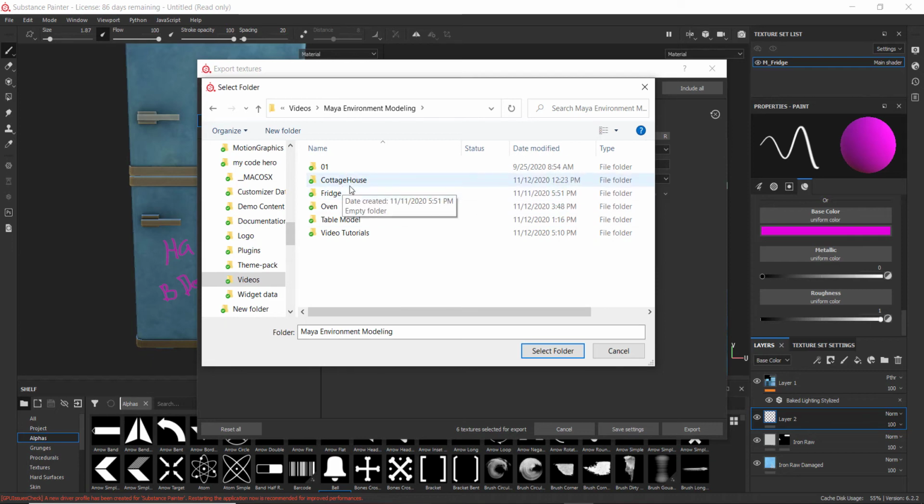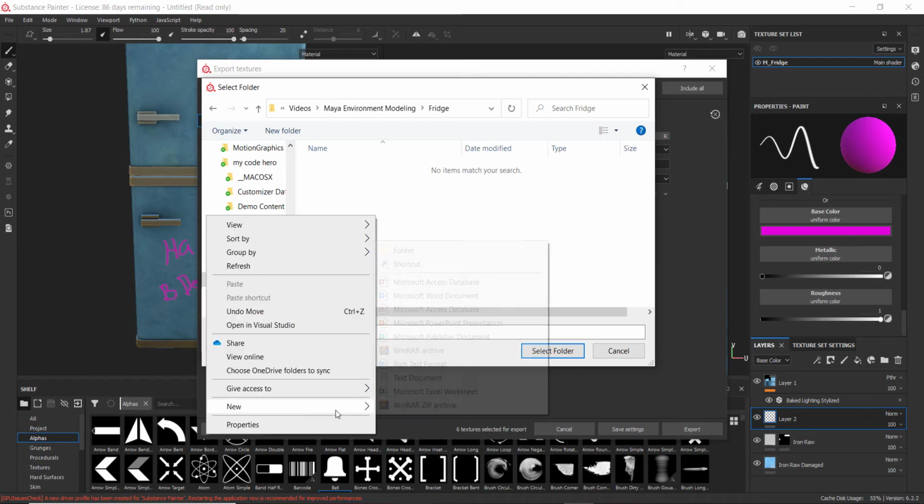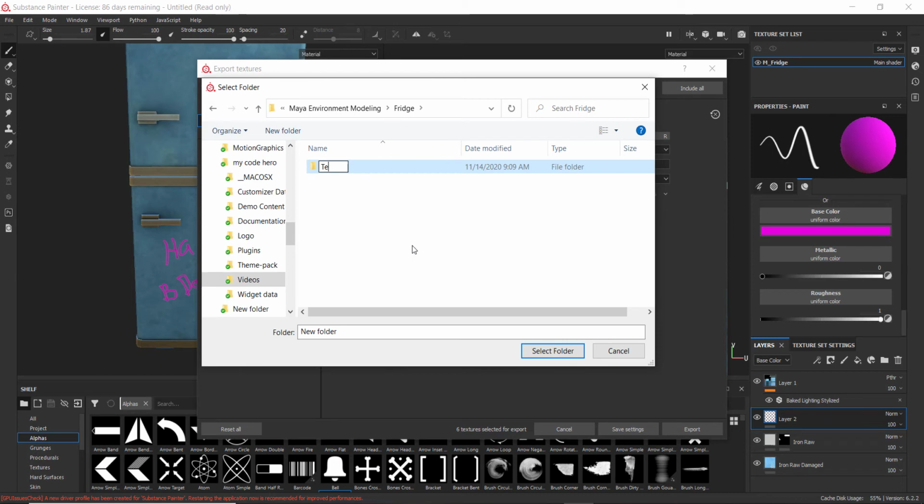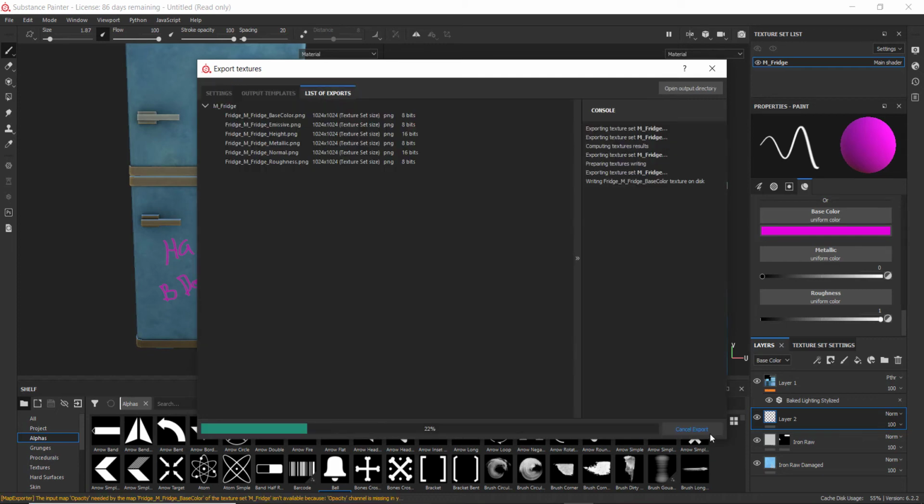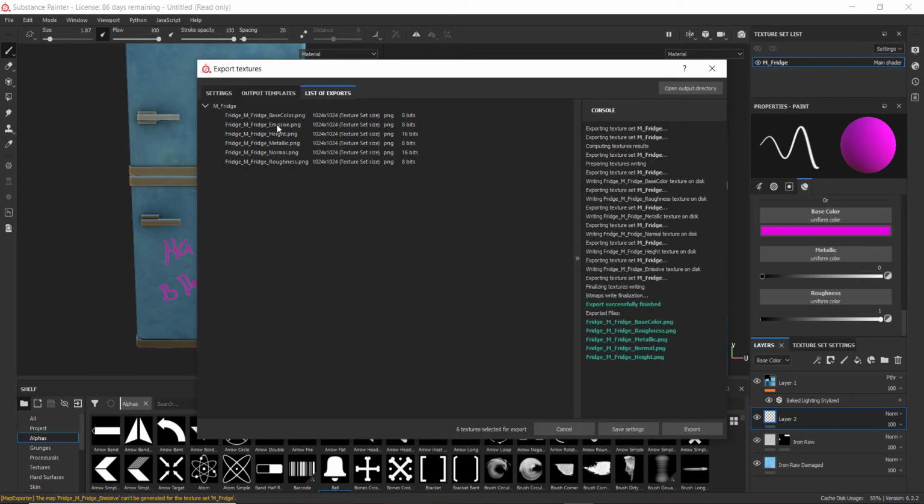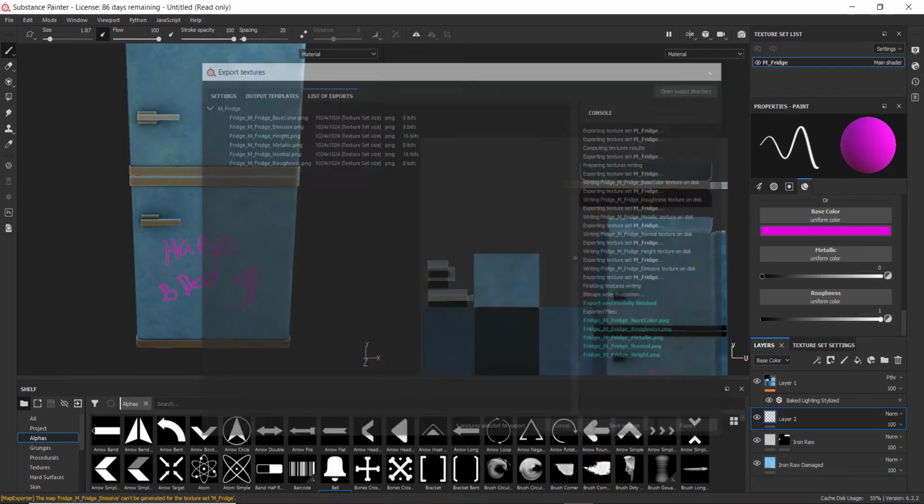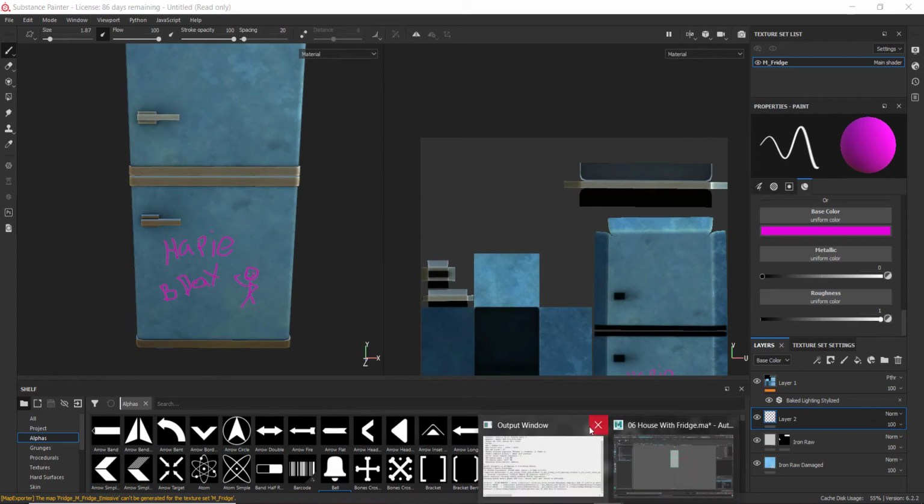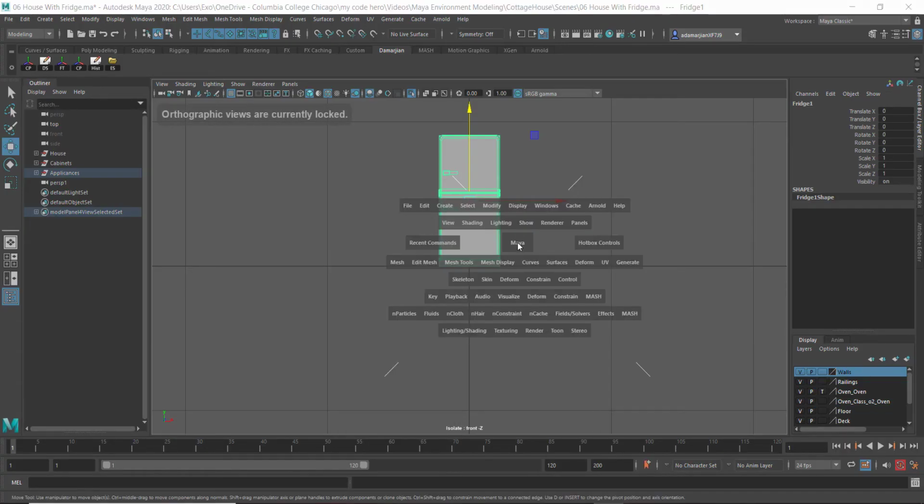All right, so here we have our fridge thing. I'm going to right click in there, go to new folder, and create one called textures. Inside of here, I'm just going to export this out. You can see it exported a base color, emissive, all that stuff. For now, inside of Maya, because we're going to take this into a game engine much later, I can actually just